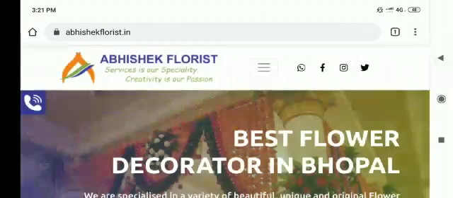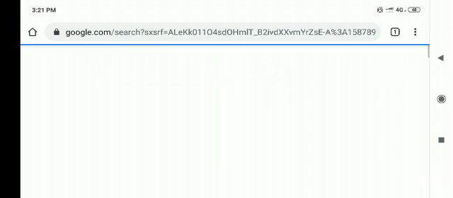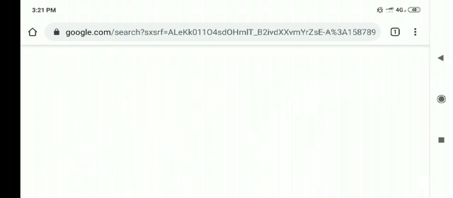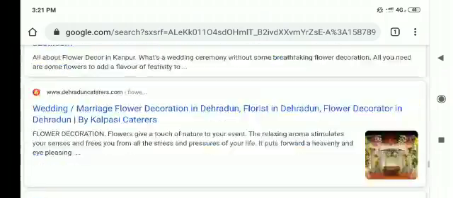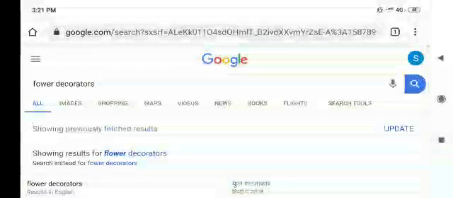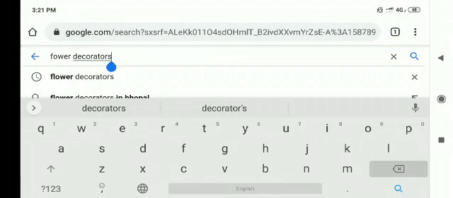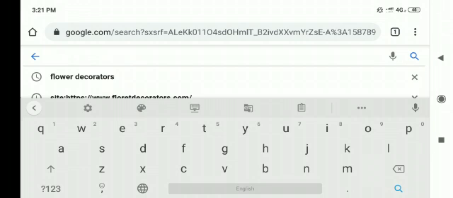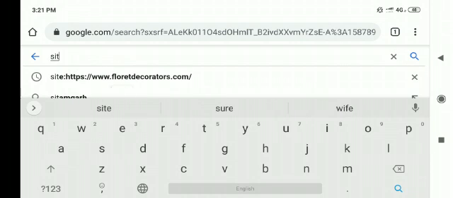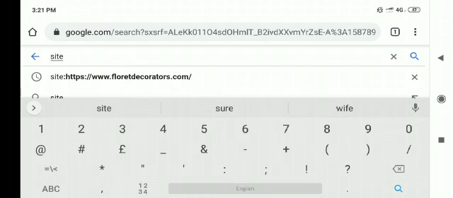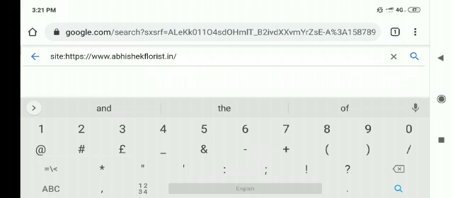I'll go back to the search bar. Yeah, so we are back in the search bar where we typed the search query. Now again we'll repeat the process. First we'll remove this keyword. Again, the command is site, please note down, S-I-T-E, then a colon without a space, then without a space you have to paste the URL that you have copied, right? So site, colon, the URL of the site which I copied.